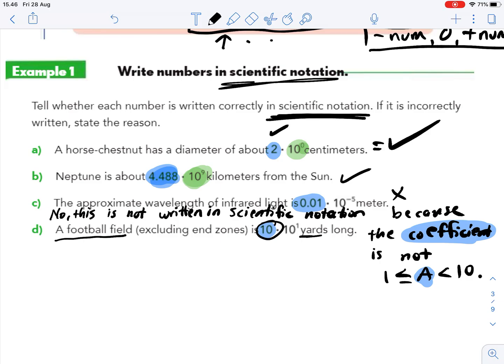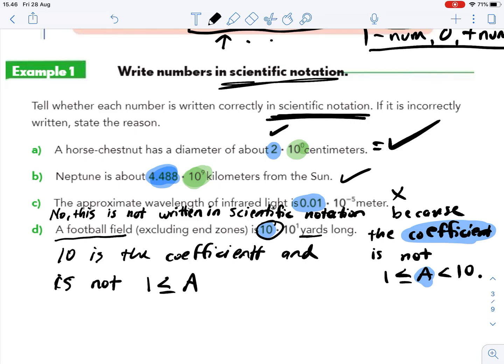So again, this is not written in scientific notation. 10 is the coefficient and is not between 1 and 10, right? And if this were like this, then yes, it would be right, but it's not including 10. So there we have checked if these numbers have been written in scientific